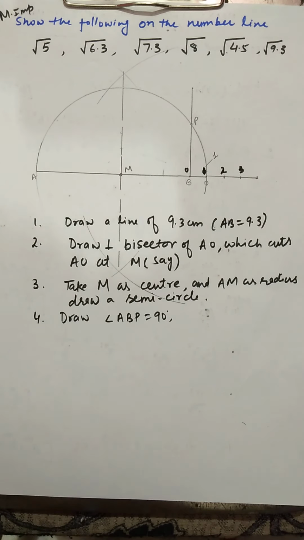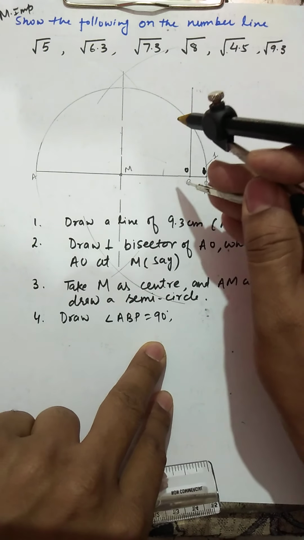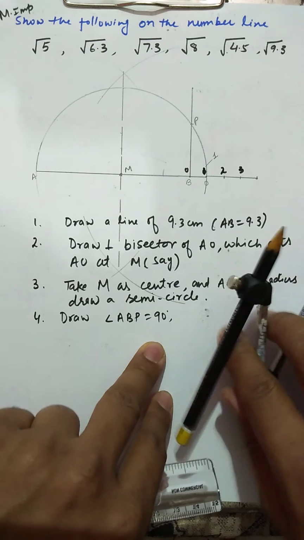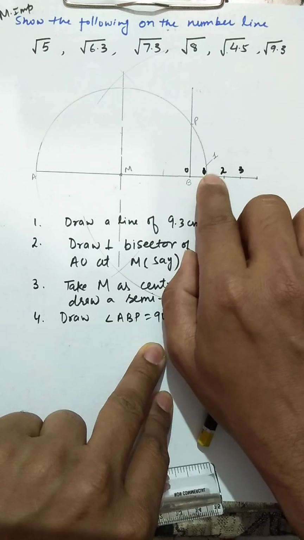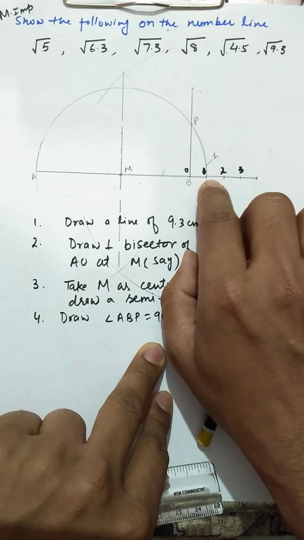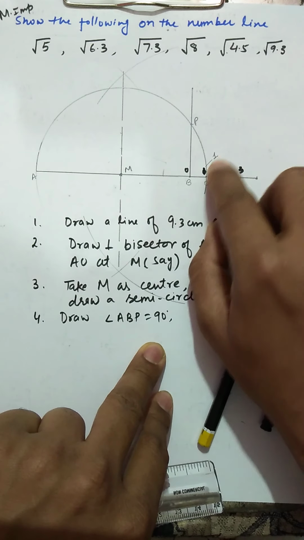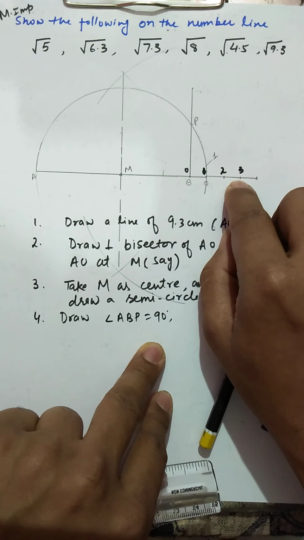Okay, now we are coming to our last step. You use the compass, you open your compass, but before that you see that your B is at 0, this O is at 1 unit distance, so BO is 1. I have written with this pencil because this was bold. So now 1, then 2, then 3.